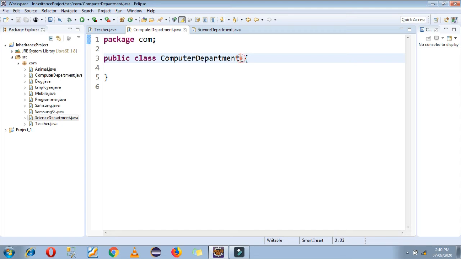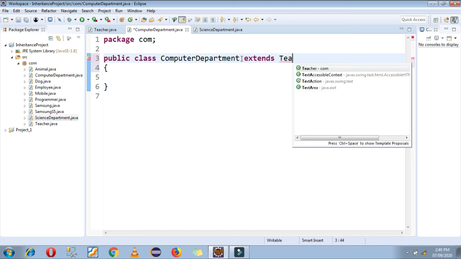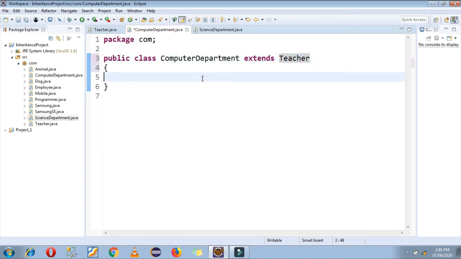In this computer class I am going to extend some properties from the base class, the teacher class. First of all I am creating one function, learn coding.